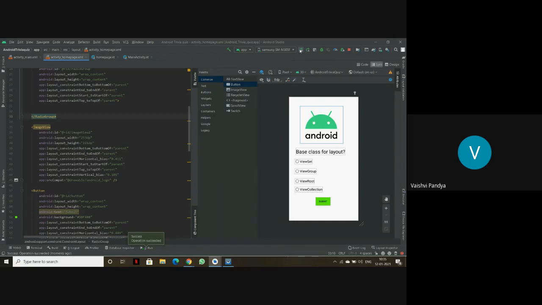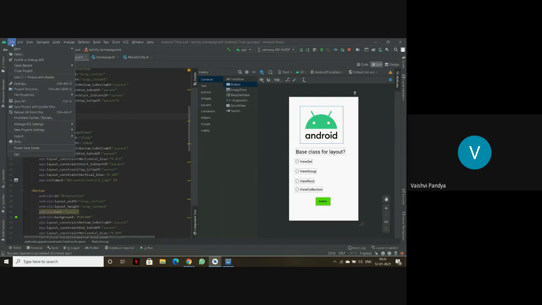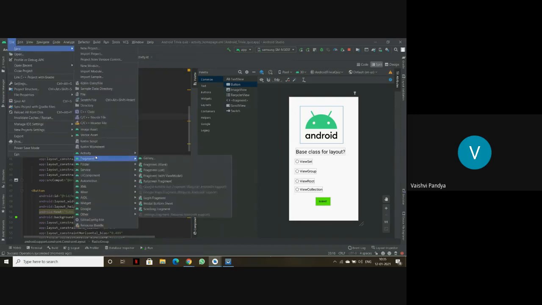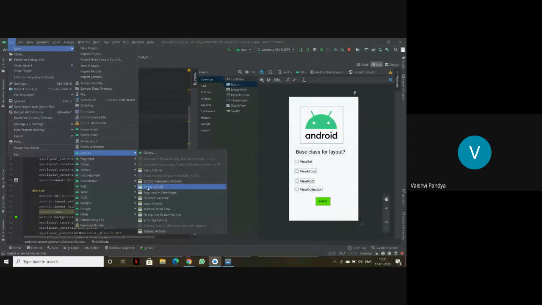I'll show you the second way to make the second page. The first way, File, New, Activity, and then Empty Activity Template, you will have to use when you want to use the code to go from one page to another page.